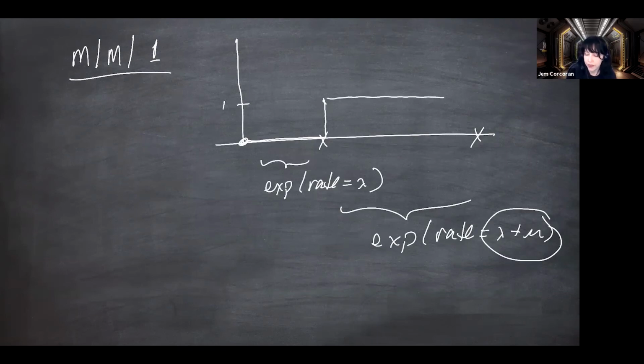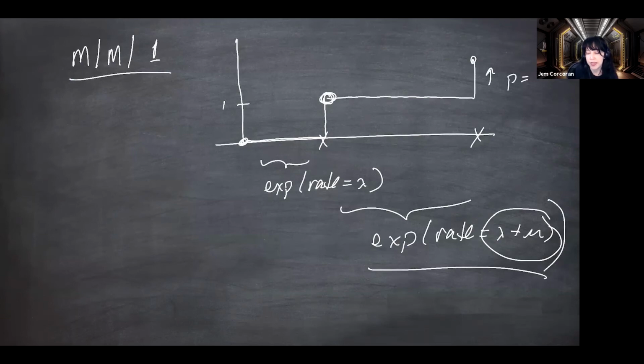So, you know what I should say before this, the total inelegant brute force way to do this is to say, I have one person in the queue, I'm going to simulate their service time, and I'm going to simulate the next person's arrival time, and I'm just going to see which one happens first. But a much easier way to do that is to just simulate the exponential amount of time until the next event. And then you can figure out the probability you go up by 1 is lambda over lambda plus mu. All the lambdas are the same, there's no lambda i's. And the probability you go down is 1 minus p, which is mu over lambda plus mu.